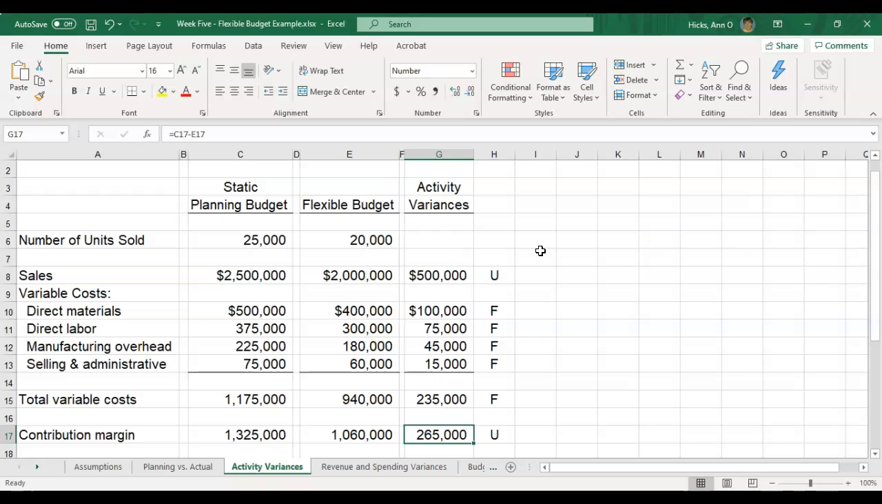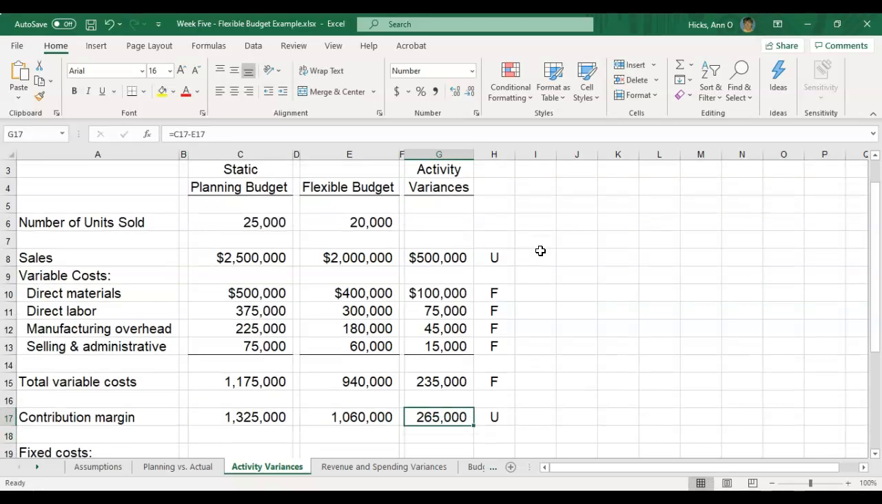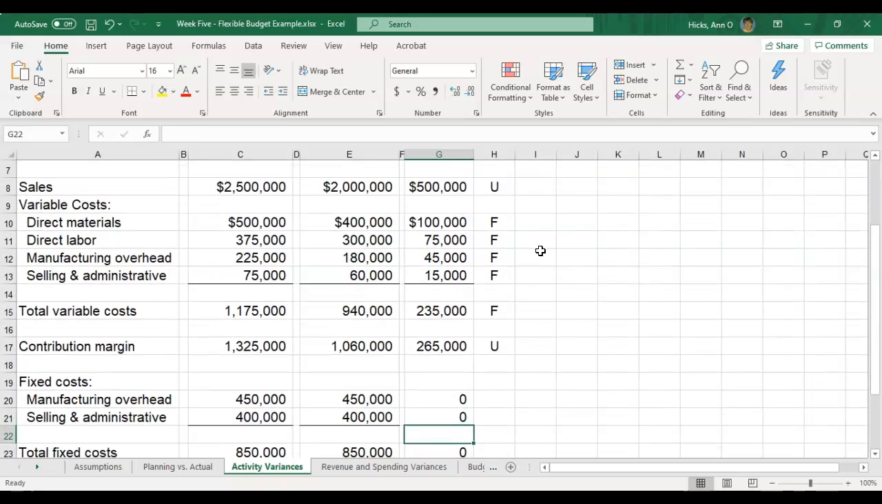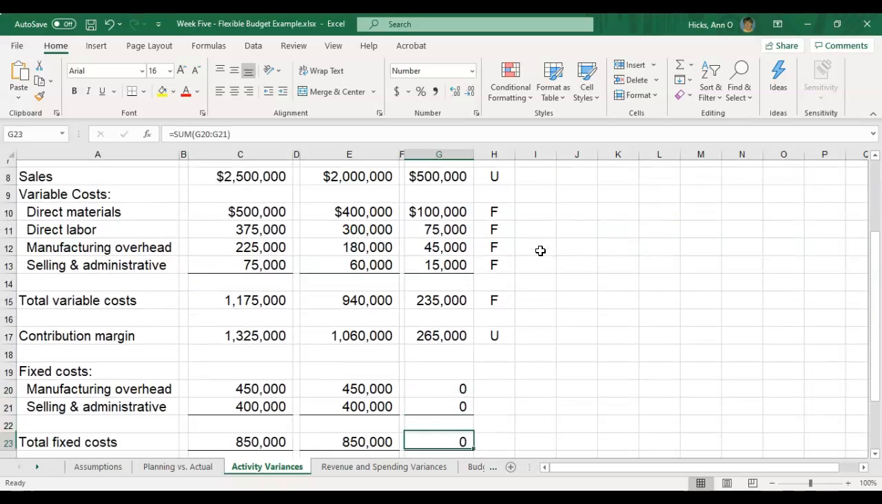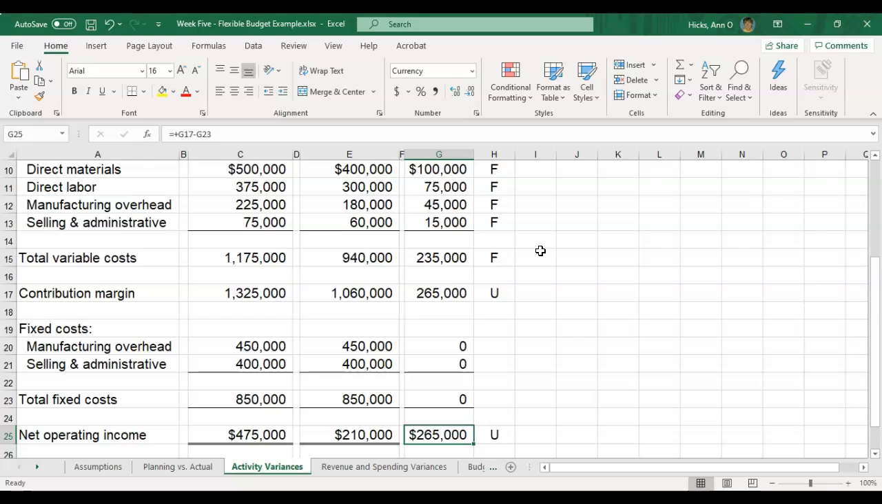We subtract that from our variable costs, or we take the variance for the contribution margin, and that's still unfavorable. So the sales variance unfavorable is higher than the cost unfavorable variance. And then again, no variance for the fixed costs, and we come down to a variance in net operating income